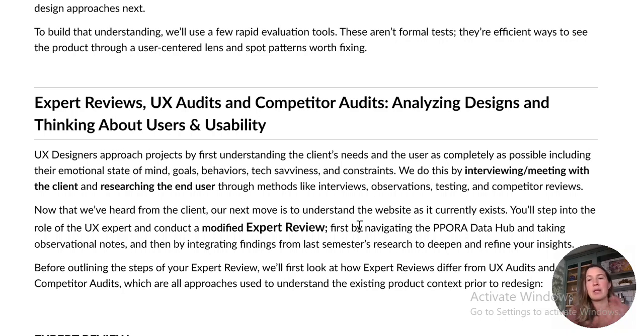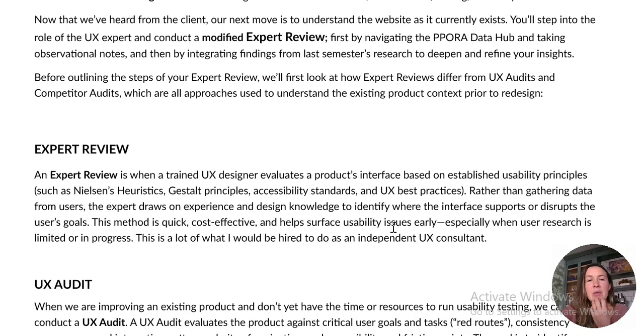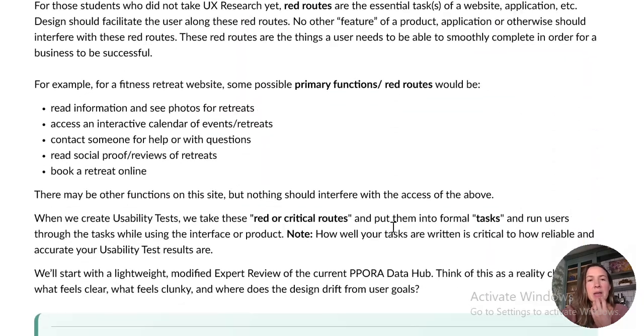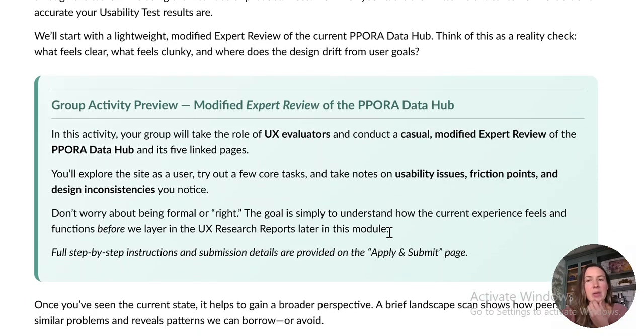Some are exclusively, nothing's exclusive, but oftentimes seen at the beginning of the design process. Some are seen more after like a product is out, like an expert review. But you can do them at any time. And so we talk about what those are. Some reading. My computer's a little laggy, so I'm sorry there isn't a smooth movement going on here with our